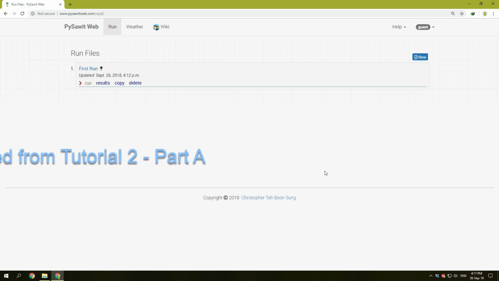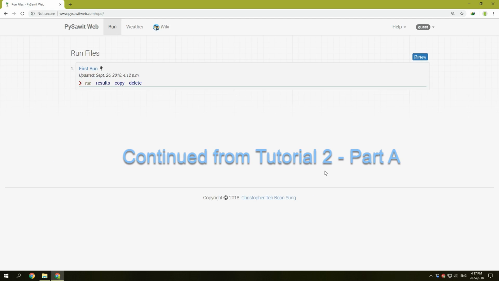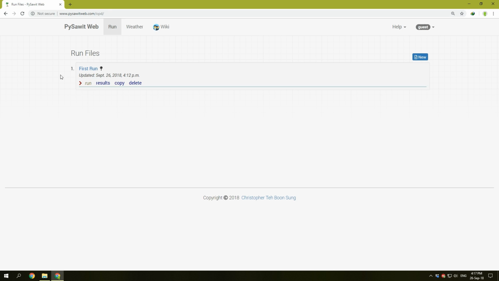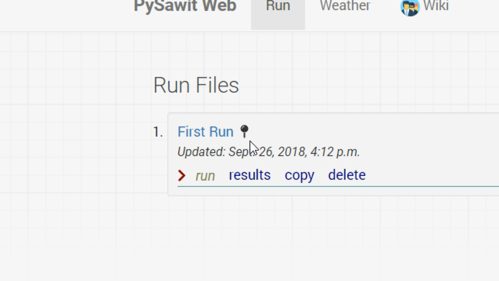You are now looking at the model listing of the run files or the model input files. It's no longer as empty as before because we have already created our first model listing file here, first run. And you notice besides the name first run, you see a map pin. As long as this map pin appears, it means that the model run is still pending. It's not completed. We have already put in a request to have the model run, but the server has yet